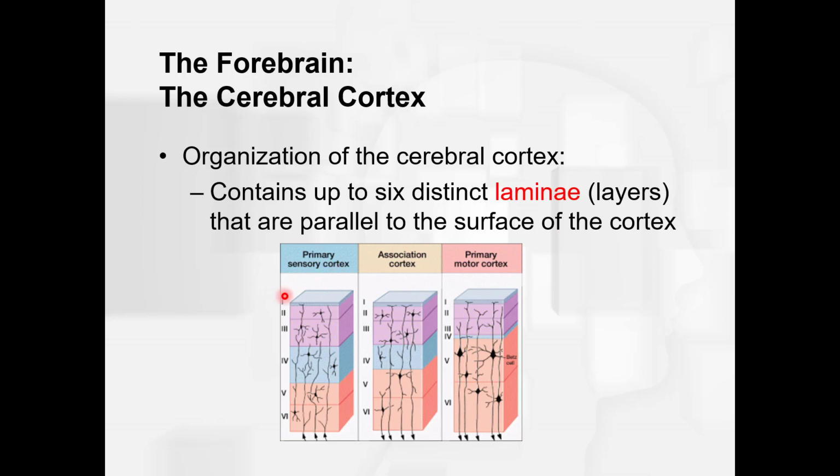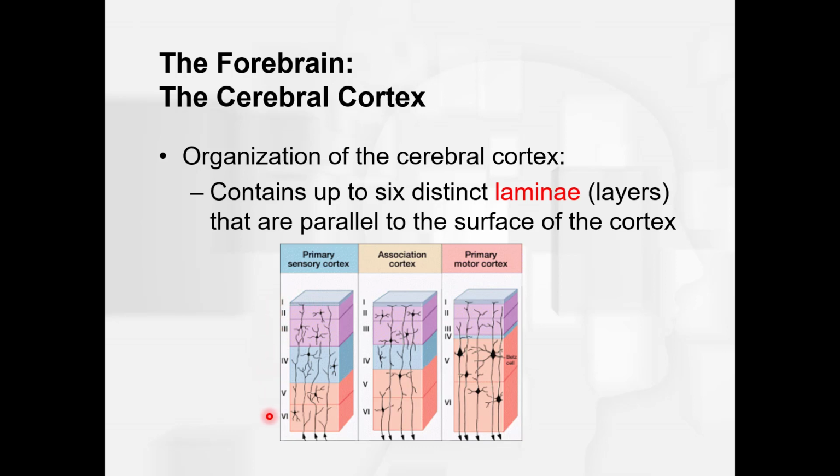So again, kind of take your hand and put it out in front of you. This is what I would do in class. And you see you have one, then put your other hand below it. It's laying horizontally. You have 1, 2, 3, 4, 5, 6 layers that are all parallel to the surface of that cortex. And so this is shown here. And so here are those 6 layers